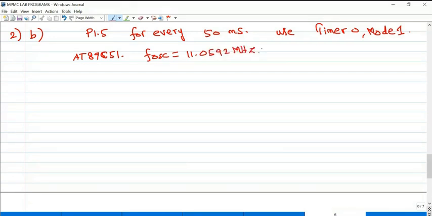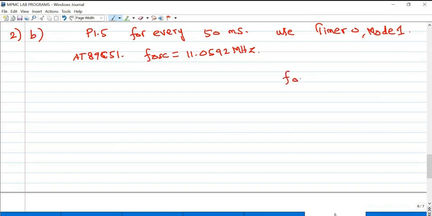By default, 24 megahertz will be there, but you have to change it before running your code. You have to change it to 11.0592 megahertz. So 11.0592 megahertz internal oscillator frequency.